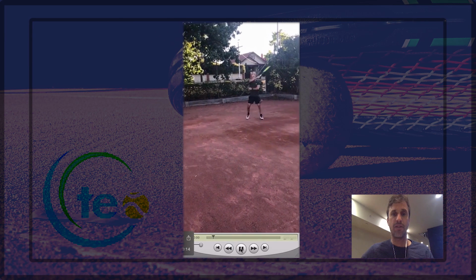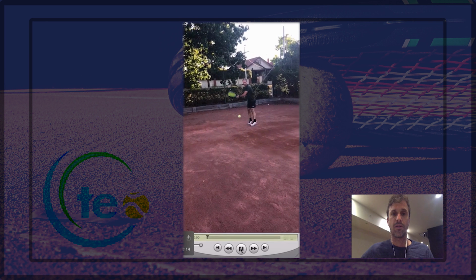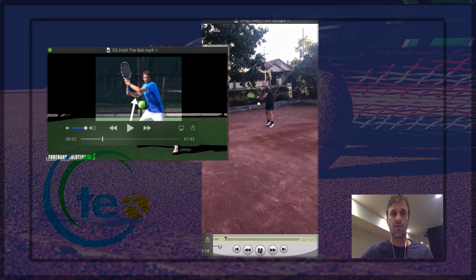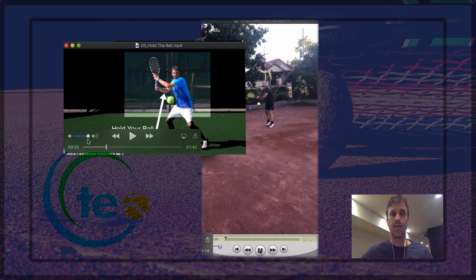Okay, we'll go back to that original forehand, which is the exaggerated version. So we're going to bring my forehand up here. This is what I'd like to see with this player. Look at my racket here. We'll take it back. Okay, right there. See how the racket tip is up? See how the offhand is on the throat of the racket? And then